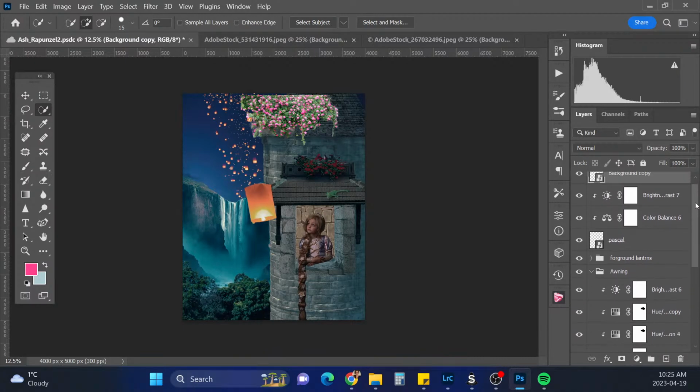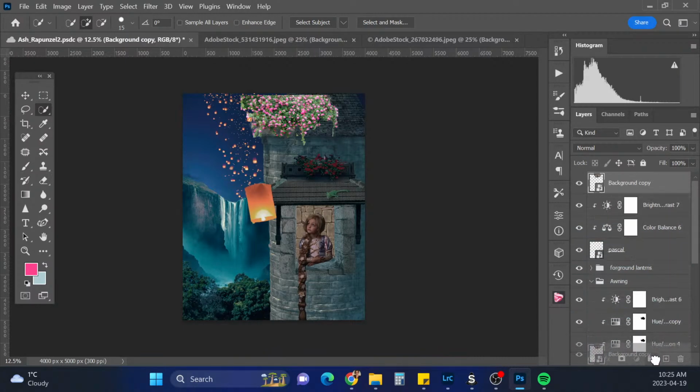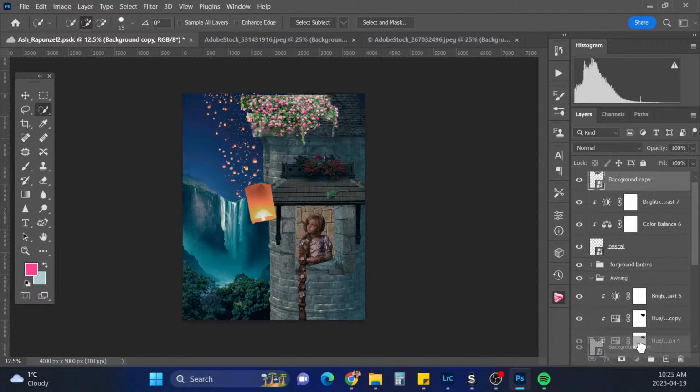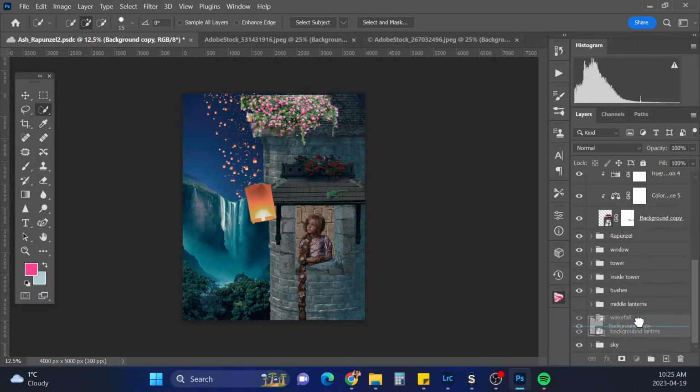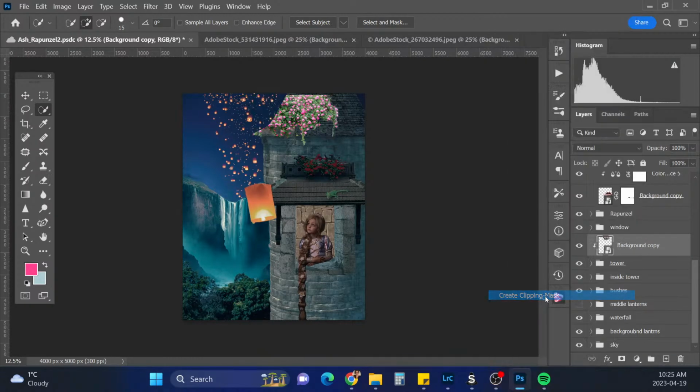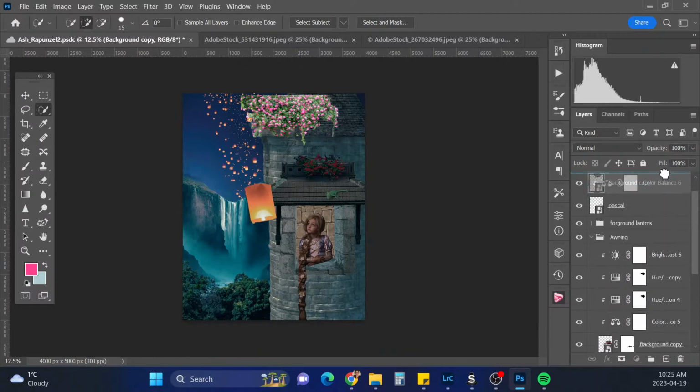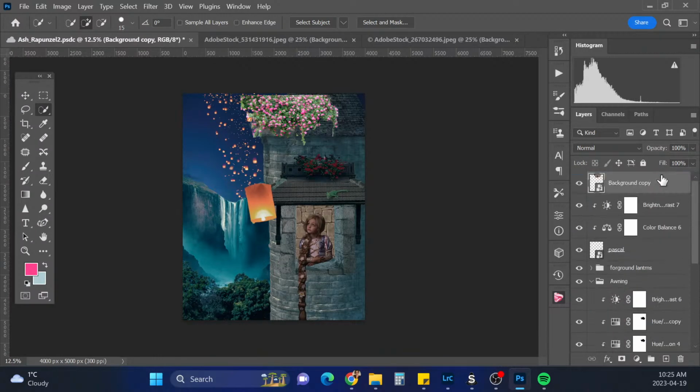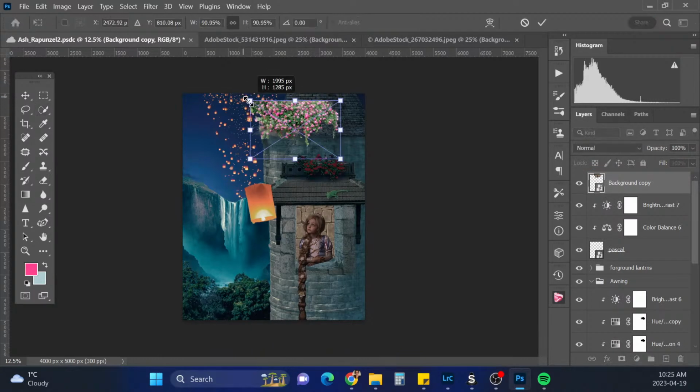And I think actually what I'm going to do is bring it down so it's above the tower, and I might clip it to the tower and just see what that... not great. Okay, we'll just hit step back. Control T and resize.